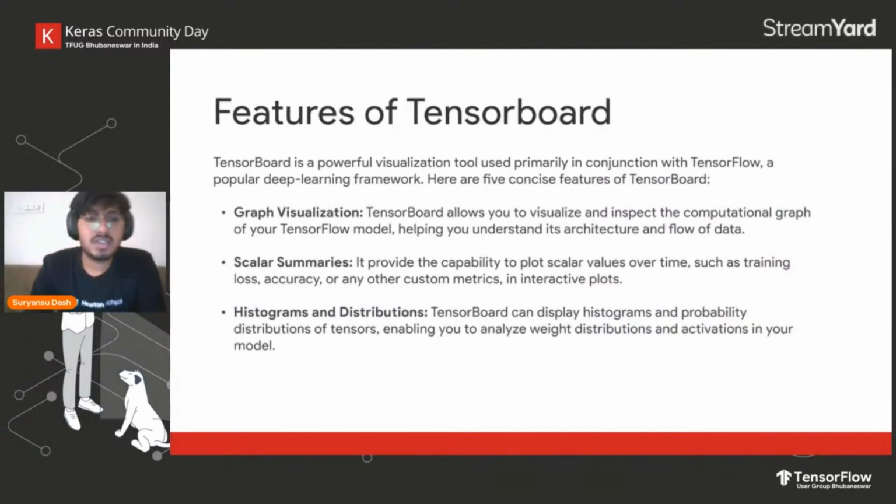Okay, so features of TensorBoard. As I said, machine learning is a very black box kind of model. To understand the box, this whole thing: what is this model? What is going on inside the model? How is the model learning? What are the things which the model is trying to use to understand the relationship between input and output? We use TensorBoard to understand that. It gives us summaries, the graphs, the visualizations, and so on. It has a lot of features, and when I show you the demo you can actually understand the number of features, the actual power of TensorBoard, and how we can leverage it in our machine learning models.